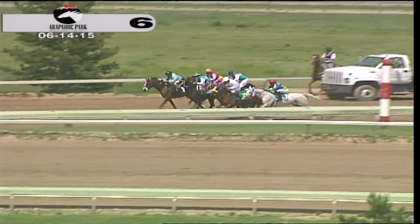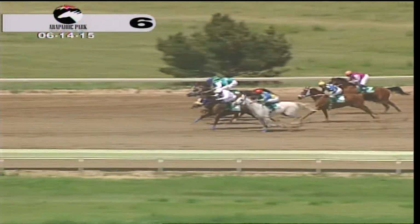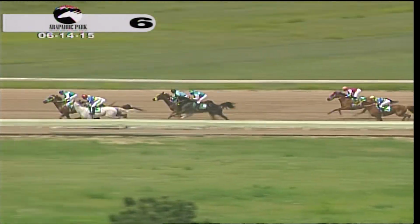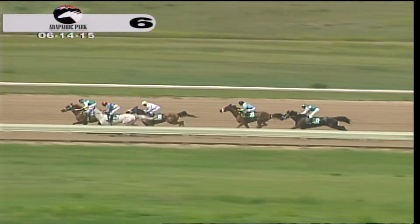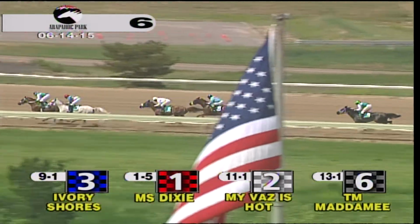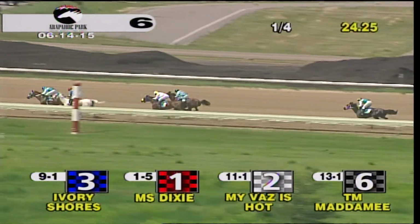Gates open, the Cobra Distaff Sprint is underway, and not the best of starts for Miss Dixie, but now she's roused along by Carlo Lopez to be close to the early lead that is currently held by Ivory Shoes, and My Vaz is Hot in between that pair. And then comes TM Madame in the turquoise silks in 4th, 4 lengths from the front, followed by Miss Paradise, Zell's Follies, and Sand on Fire will do her best running later, sitting last at the